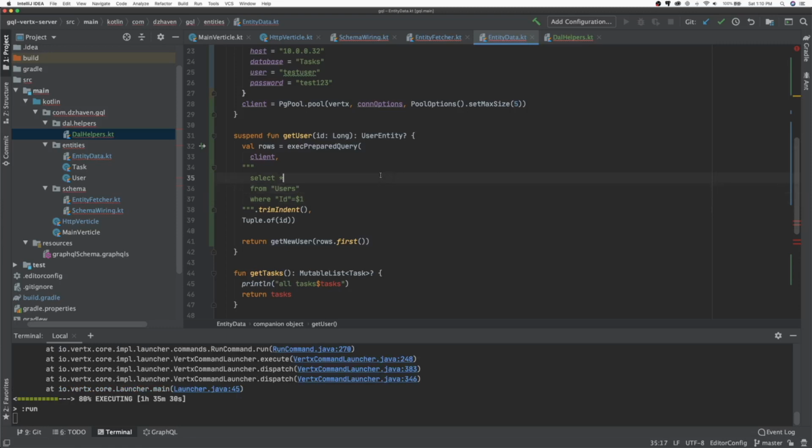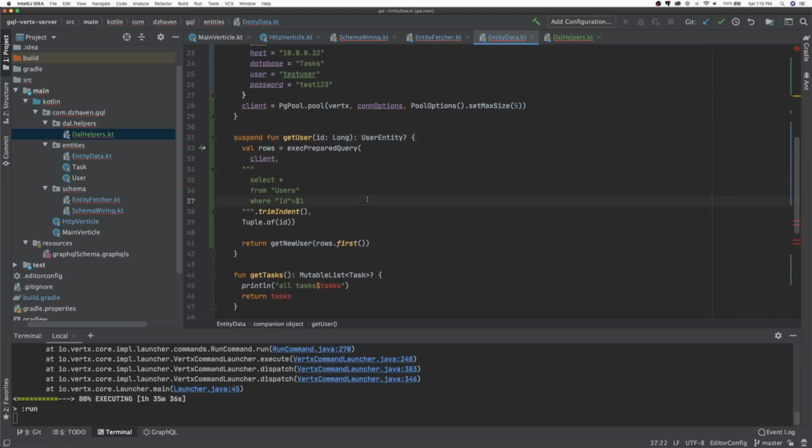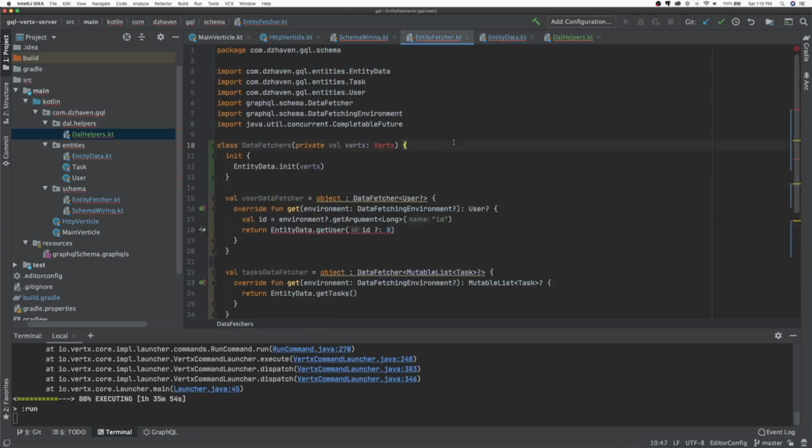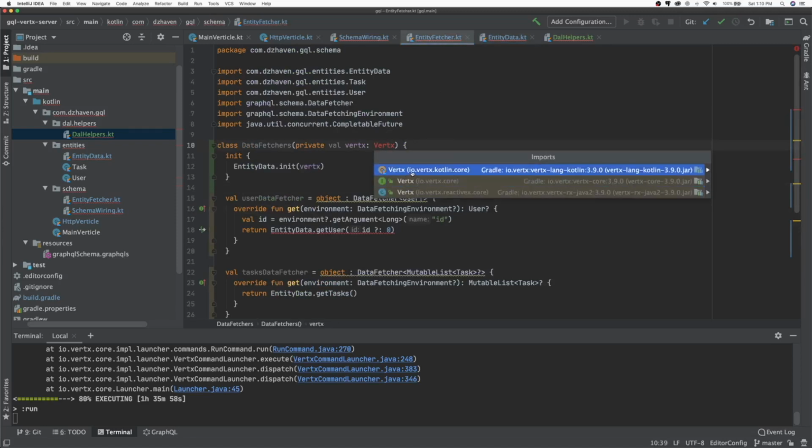Now, so we have our get user. It's been made into a suspend function, calling another suspend function, which internally calls two suspend functions, and then converting that data into an actual entity type. So now we have to follow the code path, and we have to